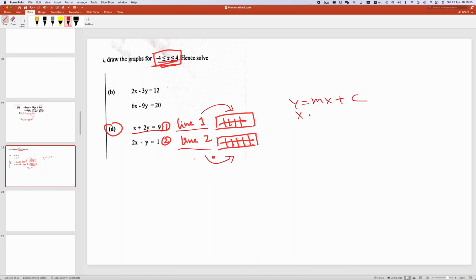So I have this x plus 2y equals to 9. What I need to do is bring the x over. When you bring the x over, change the sign, right? Then the next step is I need to divide by 2. Okay, here comes the most important part. Here you divide by 2, you get y, right? But here you divide by 2,